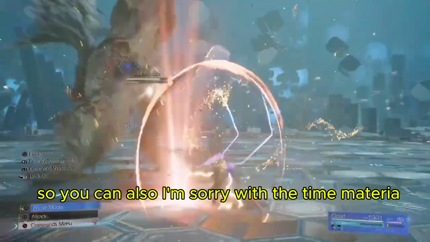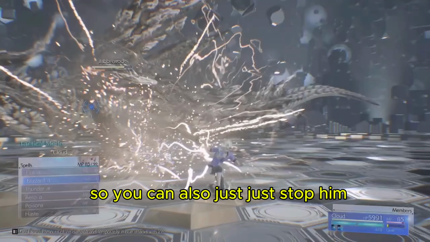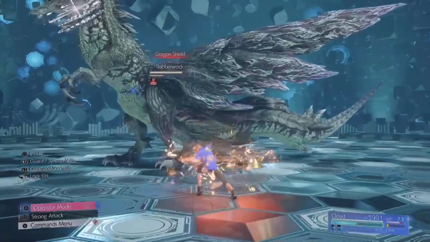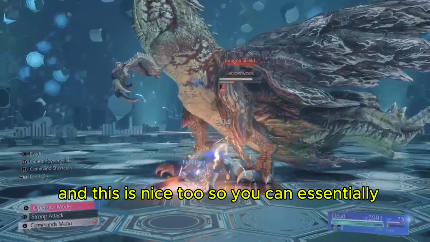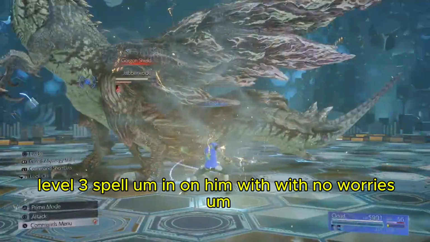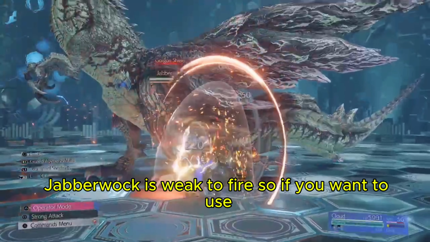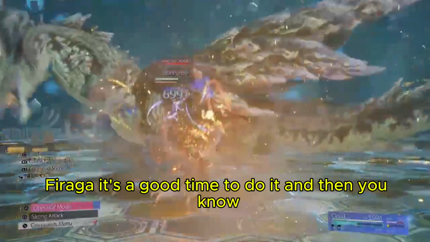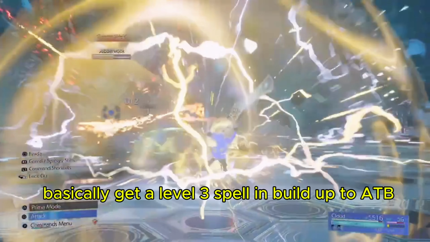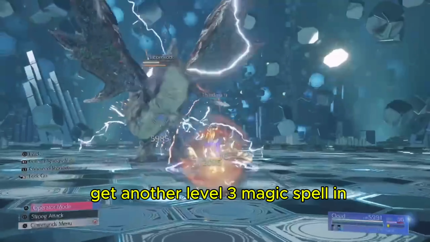So you can also, with the time materia, just stop him altogether and freeze him down. There it is. And this is nice too, so you can essentially get a free level 3 spell in on him with no worries. Jabberwock is weak to fire, so if you want to use Firaga, it's a good time to do it. And then basically get a level 3 spell in, build up ATB, get another level 3 magic spell in,